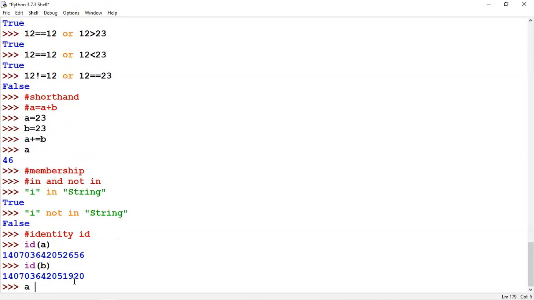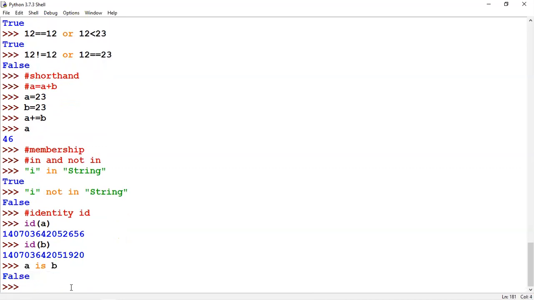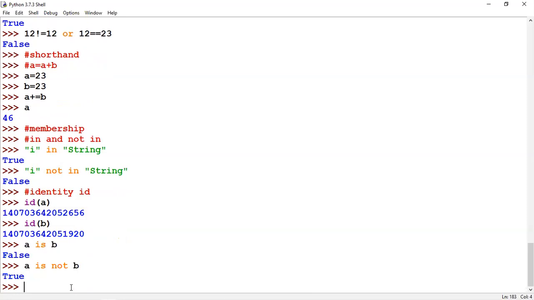Now, A is B. Is and is not are the two keywords available for the identity operator. I am asking whether A is located in B's memory location. Actually, this is false. A is not in B, so true. So these two are unique operators that you get with Python.